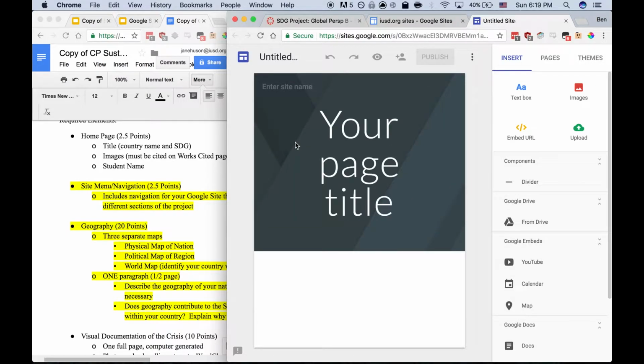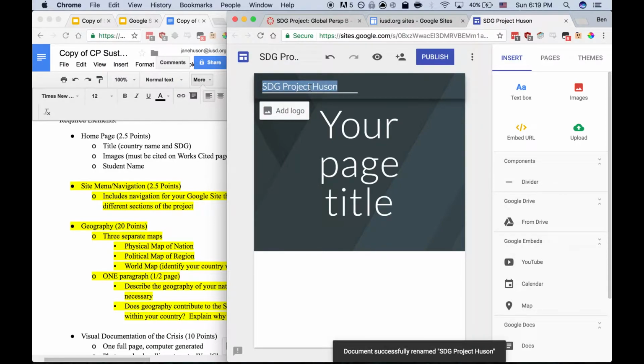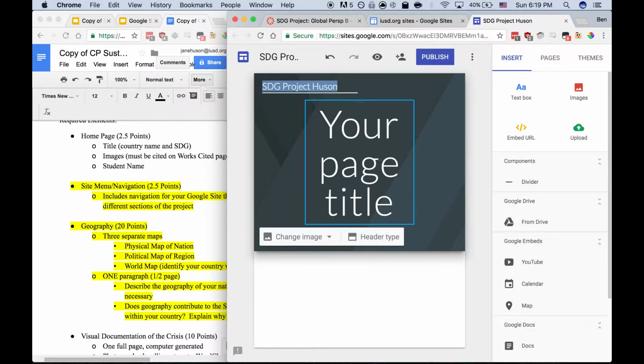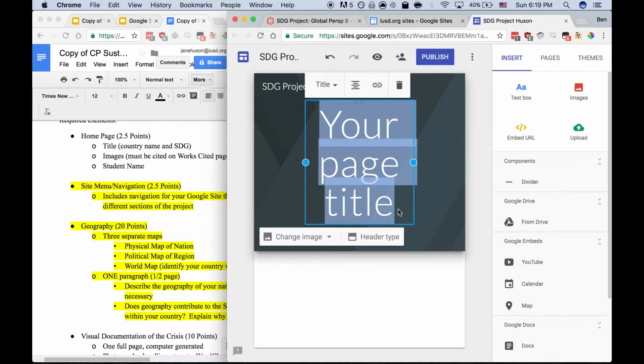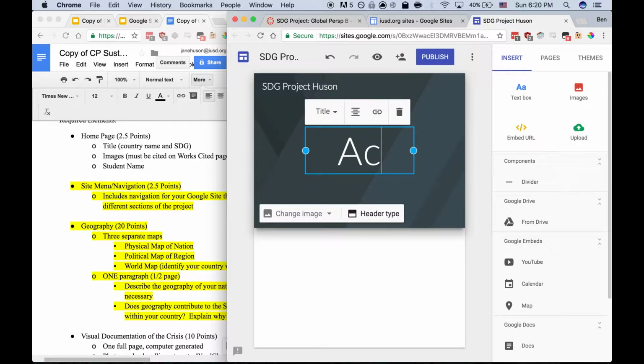The first thing that you want to do is give a name to your project. So let's name it SDG project, and then whatever your last name is. Mine is Houston, so that's the one that I will use. If your last name is something else, do that. The site name is going to be the same thing as the title. Then the page title, since this is your home page, you want it to have something to do with your project. For example, if your project is about achieving gender equality, then I might make my page title Achieving